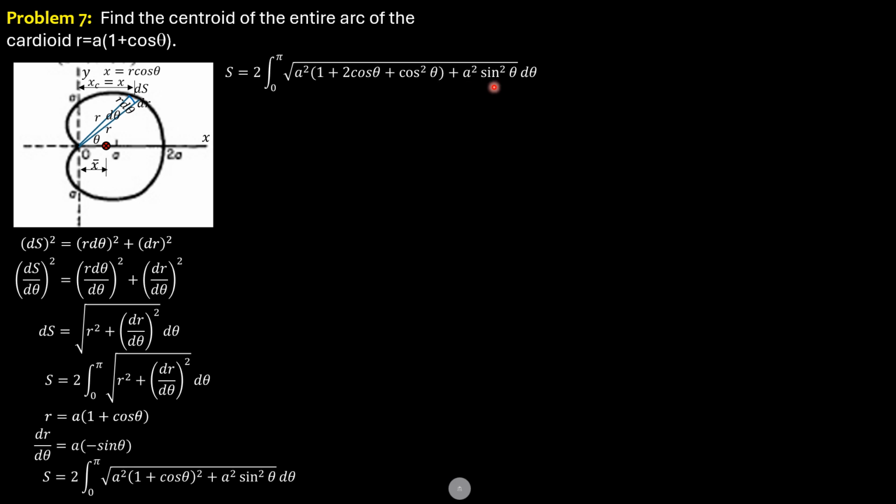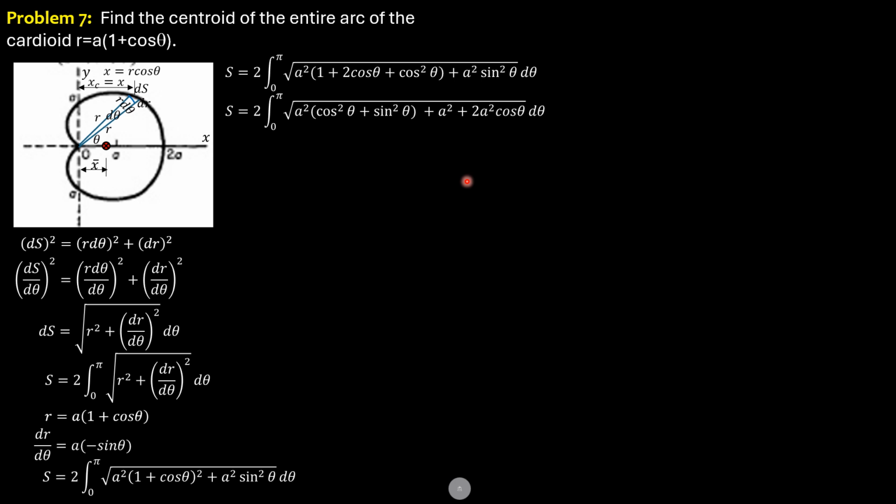So we factor out a square with cosine square theta and sine square theta here, then plus a square plus 2a square cosine of theta. So we note that cosine square theta plus sine square theta is 1. That is a square cosine square theta, then a square sine square theta, so we factor out a square. Then we have a square times 1, which is now this, and 2a square cosine theta, which is that. So this is 1 combined with a square, so that would be 2a square.